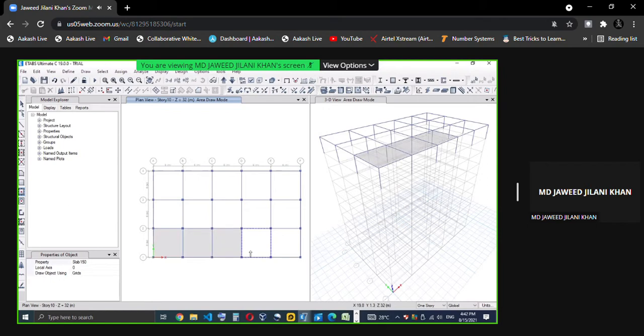Now the point here is, should I draw the slab panel by panel, or should I draw the slab completely together like this? Say I want to draw the slab completely from one point to the other point, from here up to here directly. Yes, you can draw, because ETABS will mesh this around these different panels. ETABS will understand it, that it will divide this into the panels around the beams.